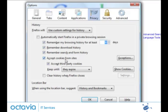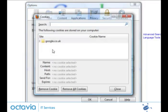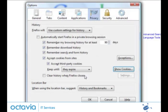You can also choose whether or not you want to accept any cookies. Keep in mind that if you don't, it's likely that your browser won't remember any of your passwords, so you'll have to type them in every day. You can also have a look at the cookies that you have to see if you want to delete any. You can also make note of exceptions in case you do want to accept some if you choose not to,